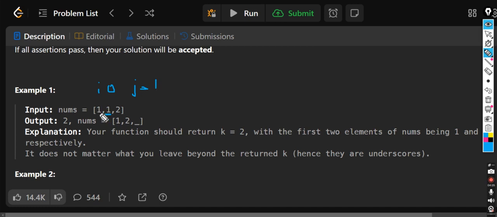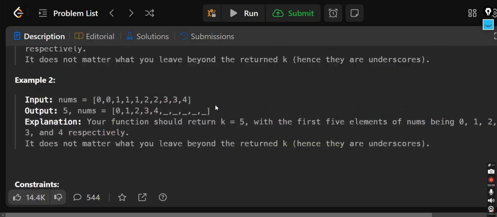So you compare: if i is equal to j, if they are equal, keep i here only, just increment j. And if j comes to the next index, if they are not equal, you just increment i and replace it here with 2. This is a very simple approach. You just use pointers logic, because using pointers it's a very easy task, and no rocket science is required. So we'll move towards the next question.